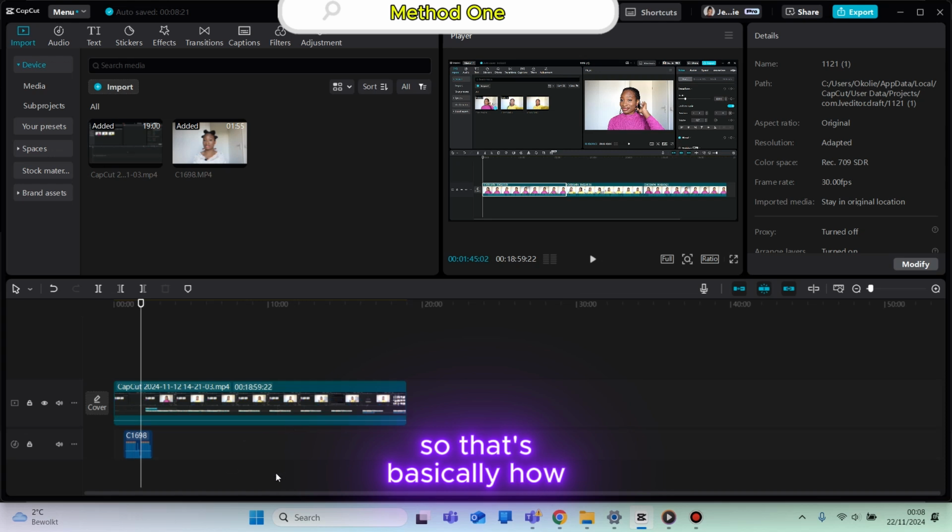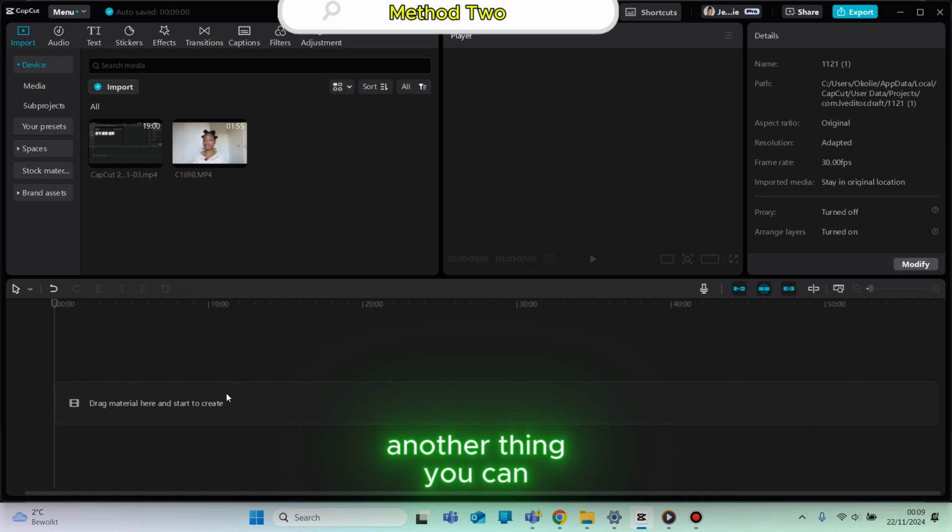So that's basically how to do it. Another thing you can do is, if this is not exactly what you want, you just want to extract an audio from just one video and export it, all you need to do is go directly to